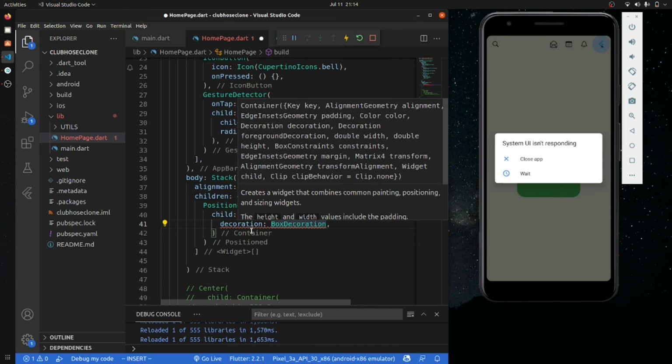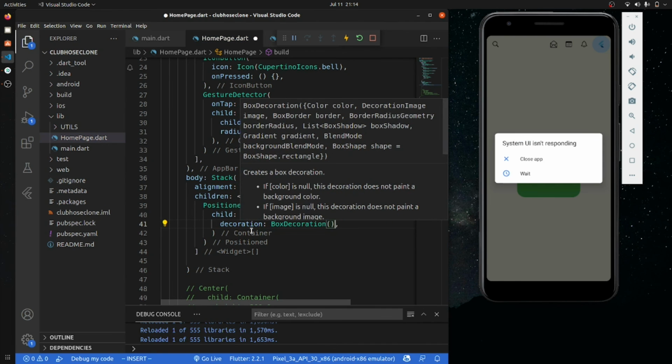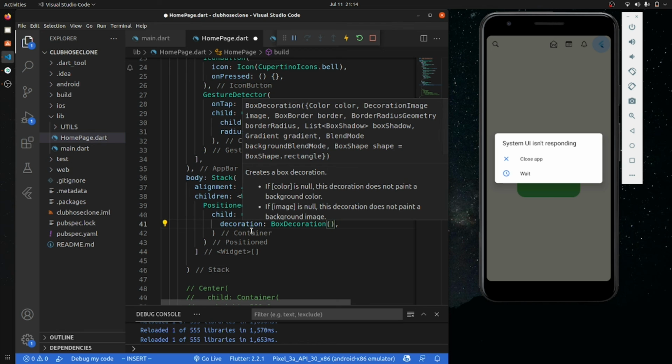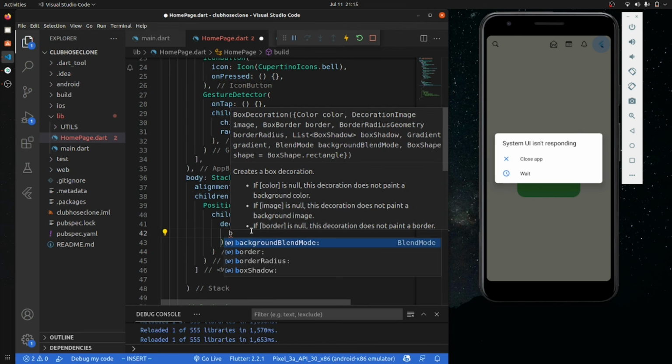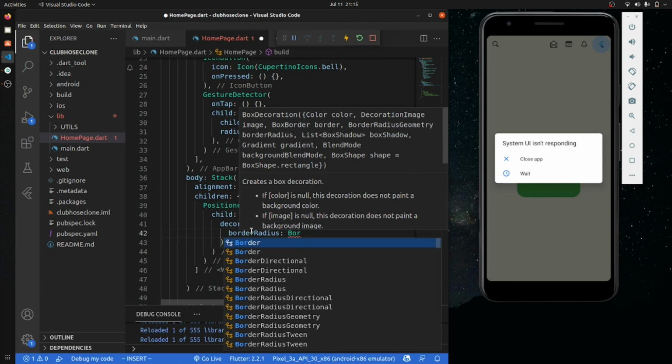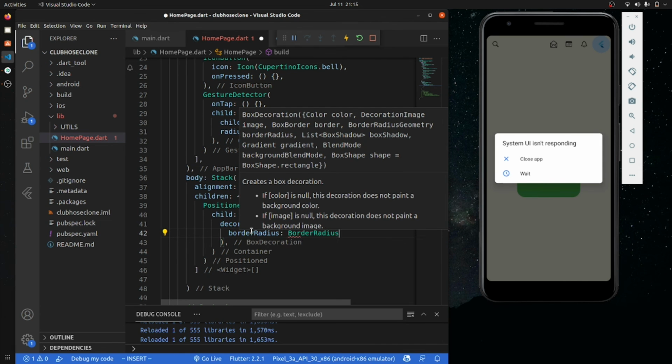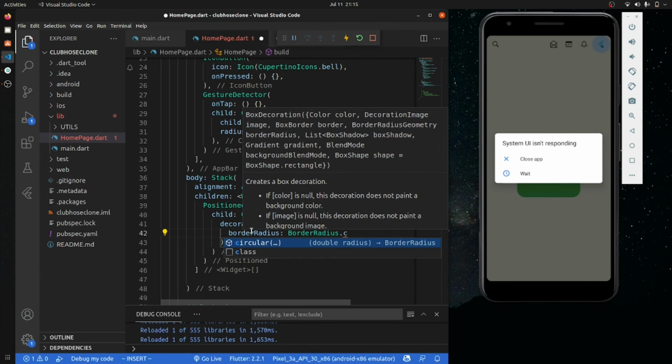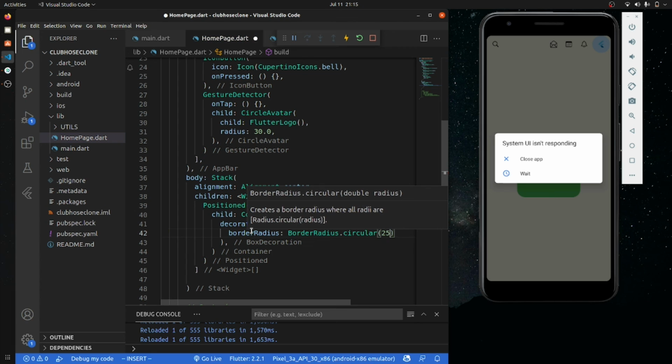We're gonna use the box decoration, and inside this box decoration we will give the border radius, and again the border radius will be BorderRadius.circular, let's give it a 25.